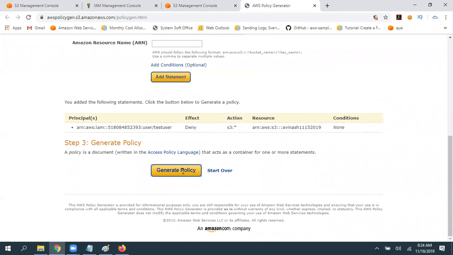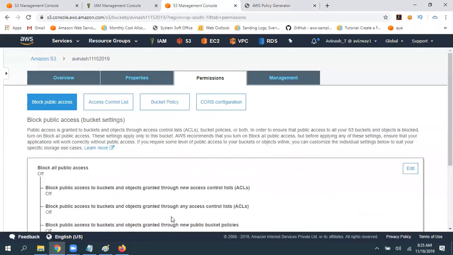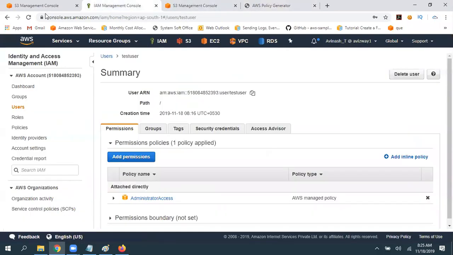If you want to remove any, you can generate and simply apply. See here, action S3:*, that means related to S3, I'm going to deny all operations on this particular resource for this particular IAM user. I'm denying everything.